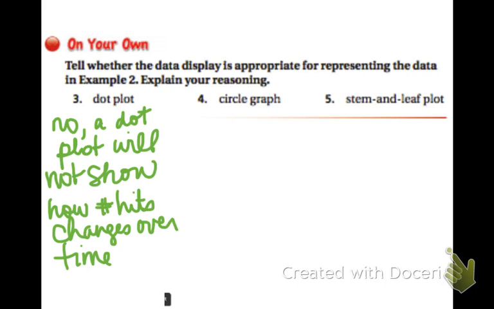Okay, what about a circle graph? Do you think we could use a circle graph to show the changes over time? And yeah, we actually could. A circle graph would work, because what a circle graph is going to do is show a fraction or percent of the total number of hits for each month. So we could still make each part of the circle a month, so you still have both pieces of data. So yes, a circle graph